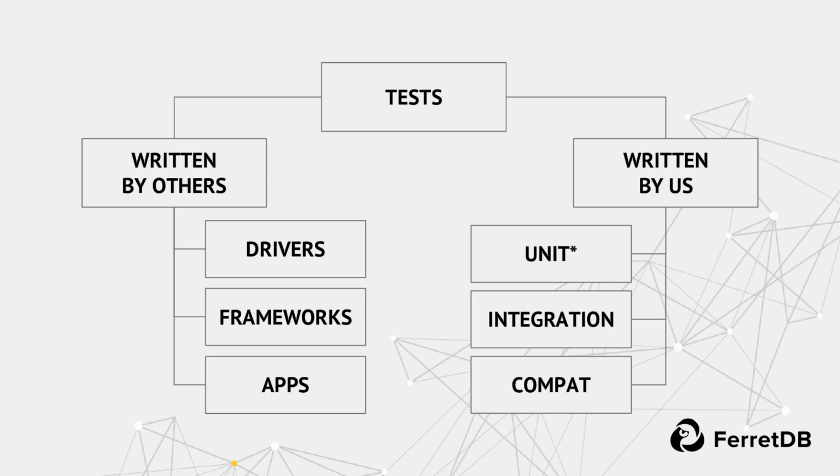What is different from the usual unit tests? We decided that we will keep dependencies. We will have dependencies in unit tests. For example, if database is the dependency, if PostgreSQL is the dependency, we will keep it. We will not mock it. We will just run our tests against it just because it's easier to do it.